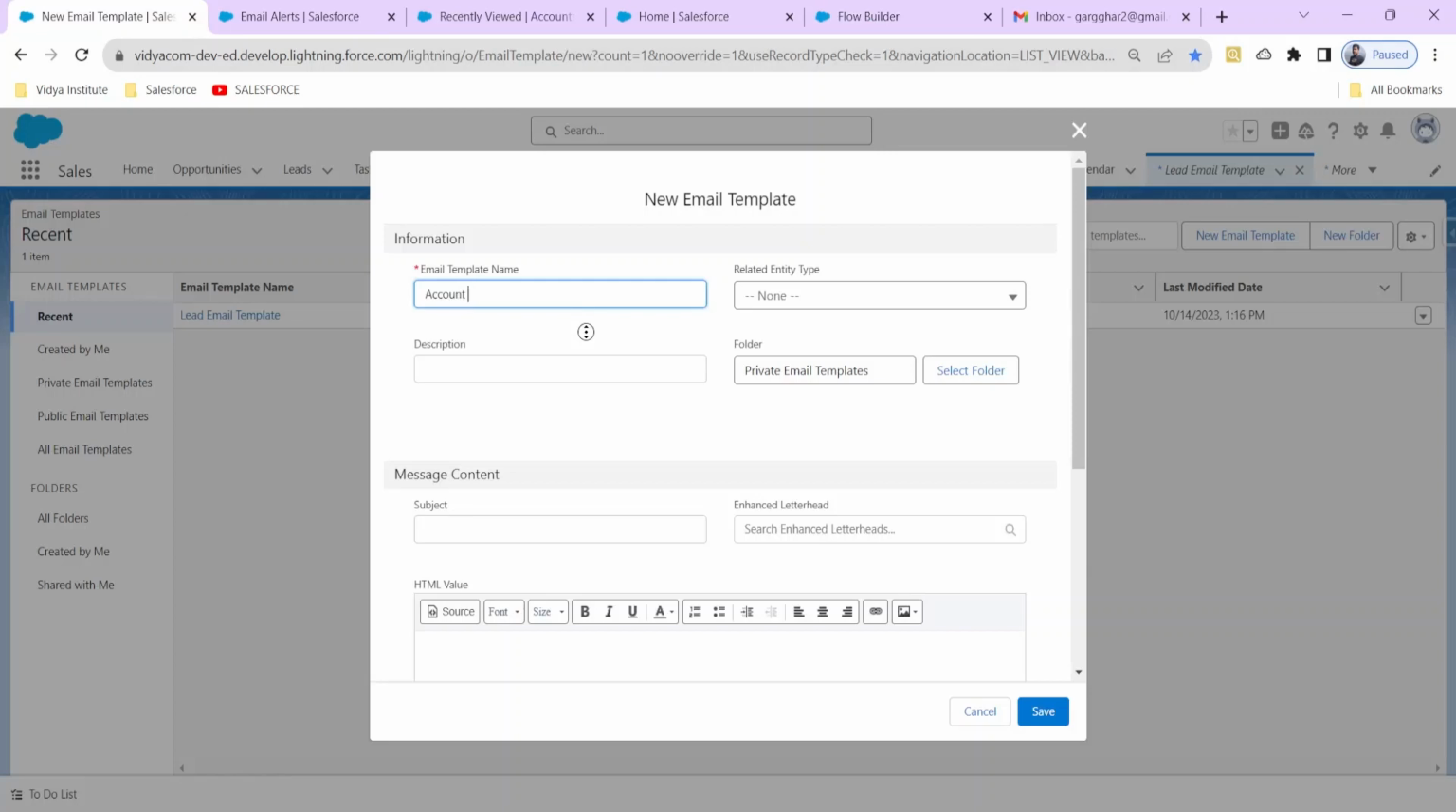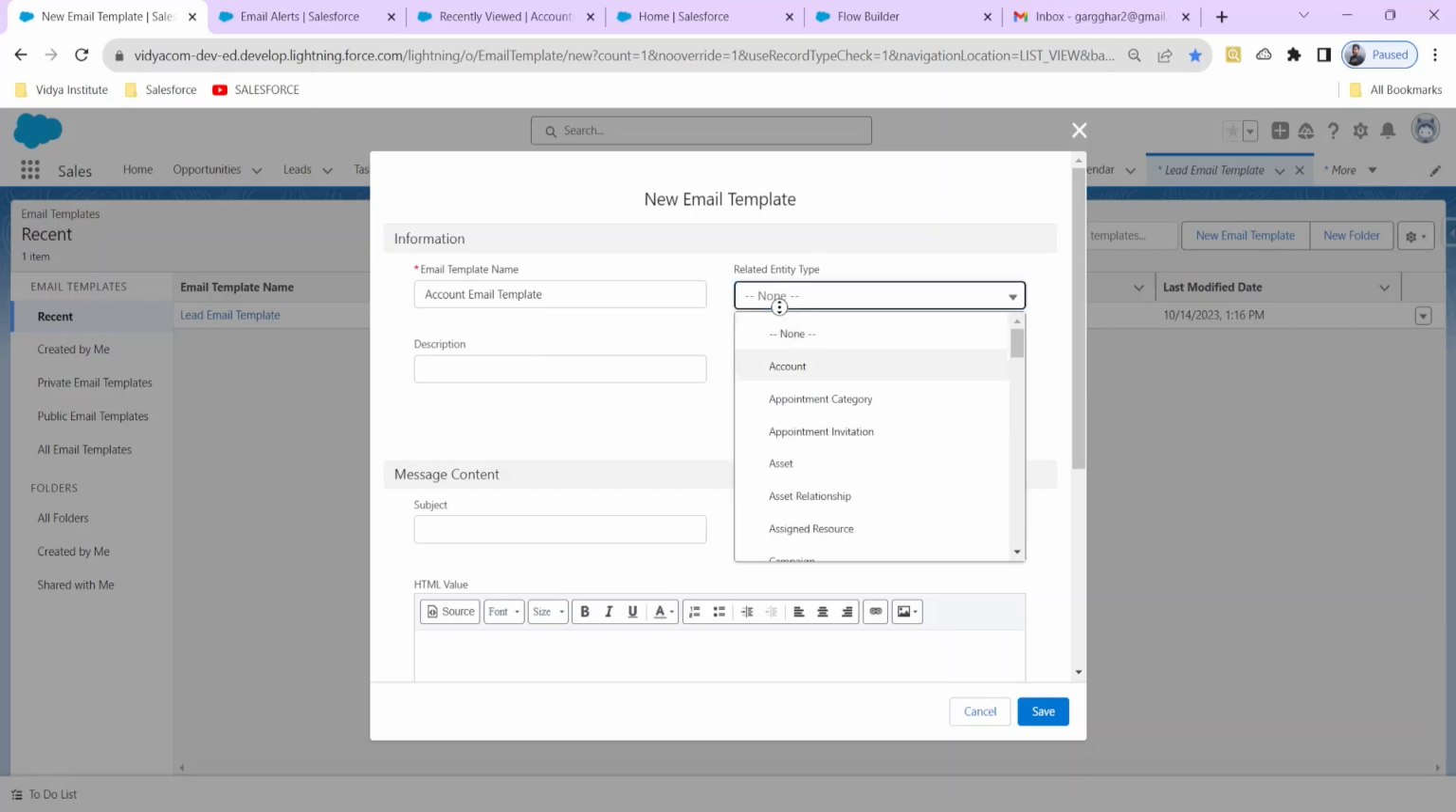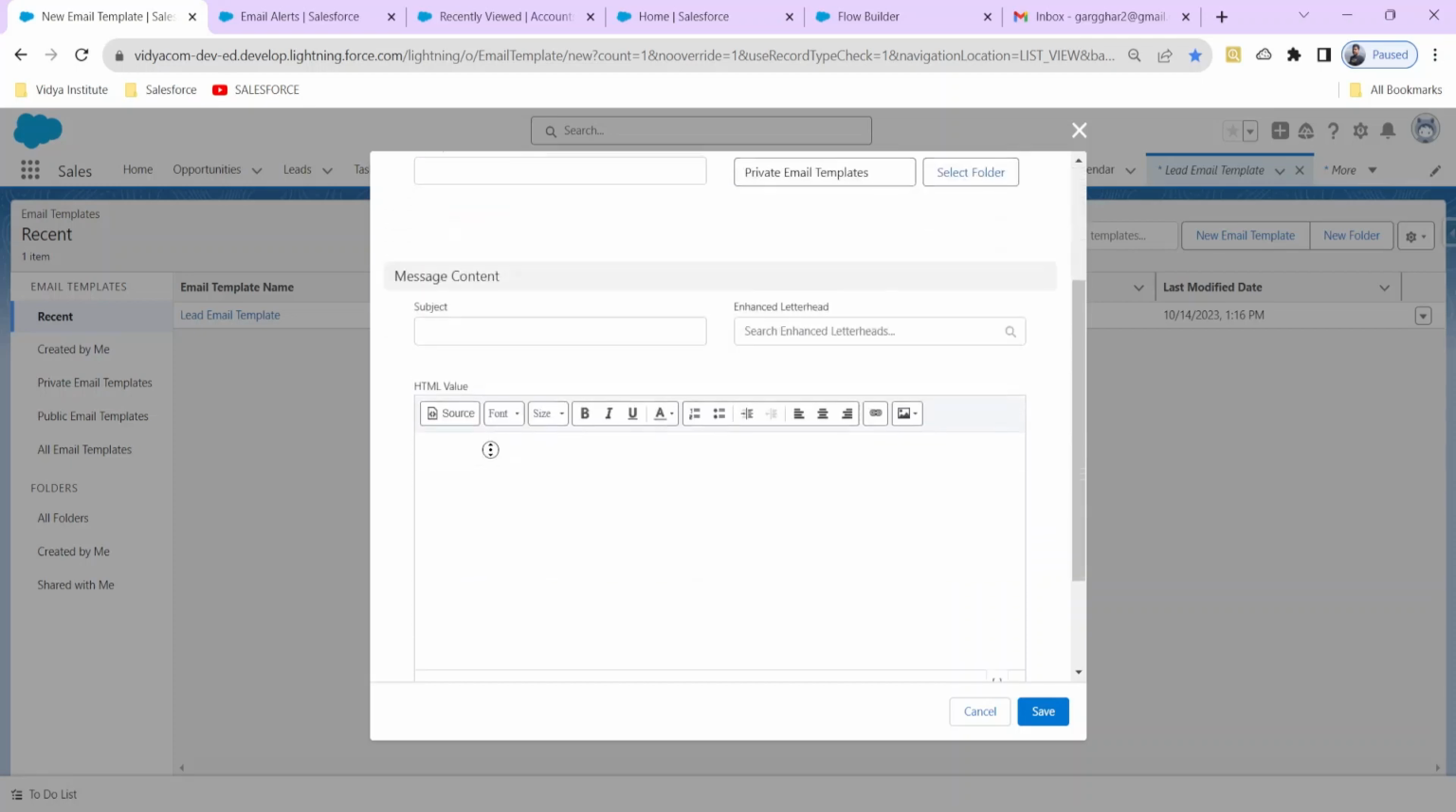So this video is just from starting to end. We created the flow, and at the end we will send the email. So I have shown you the whole process. Okay, so let's name that account email template quickly, as we have already done these things. We are just learning what the email alert is. The entity type is account. Let's do this. Subject, let's write attention,